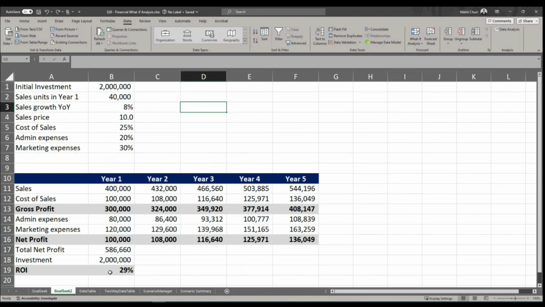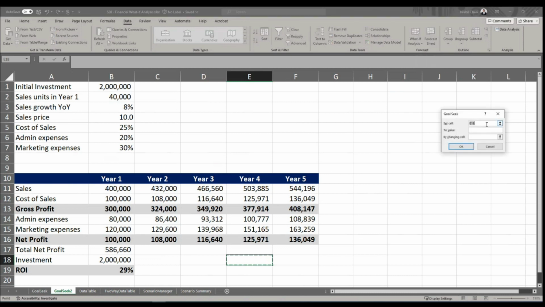Based on the current ROI, if I want my ROI to be 40%, how should I approach it? By now you should know that our expected ROI cell is 40%. There are a few things that we have to change and a few things we have to keep constant. So let's go to goal seek. The very first one is I'm going to select my set cell as this one. I'm going back, and I want this value to be 40%. And by changing the cell,